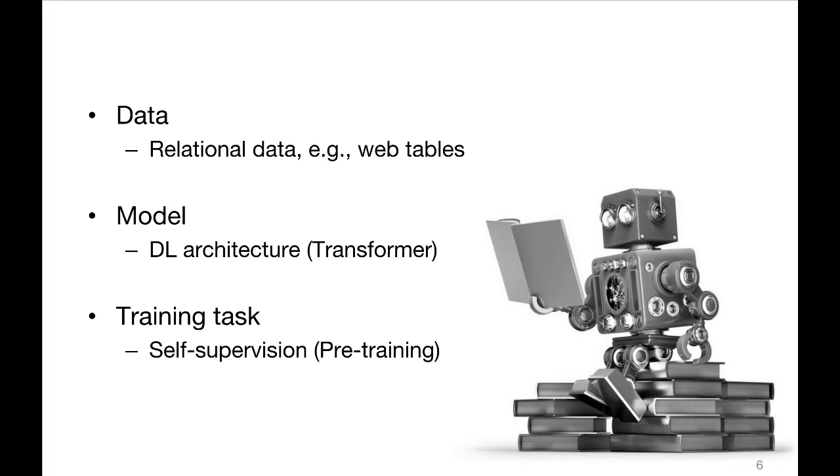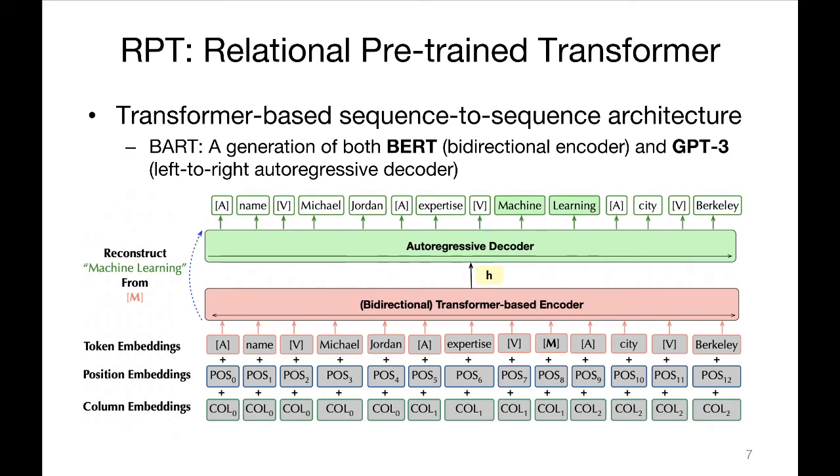Naturally, we use massive relational data as our corpora to pre-train the model, such as web tables, because these corpora can provide relation-aware semantics. We use a deep learning-based architecture with a transformer. The transformer architecture can use self-attention to get the relationships between attribute name and attribute value, or relationships between columns. After selecting data and model, we propose a self-supervised pre-training task, which can teach the model some prior knowledge without any human labels. More specifically, here, we introduce RPT.